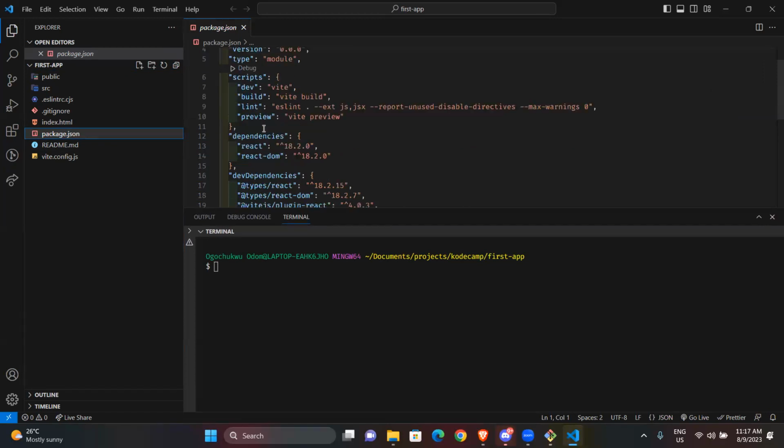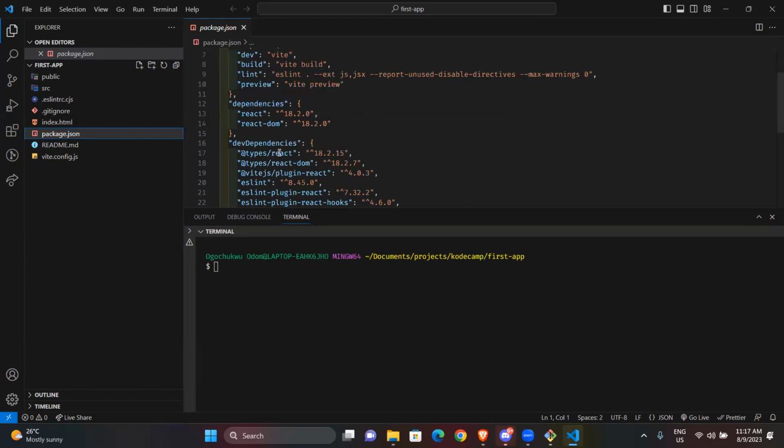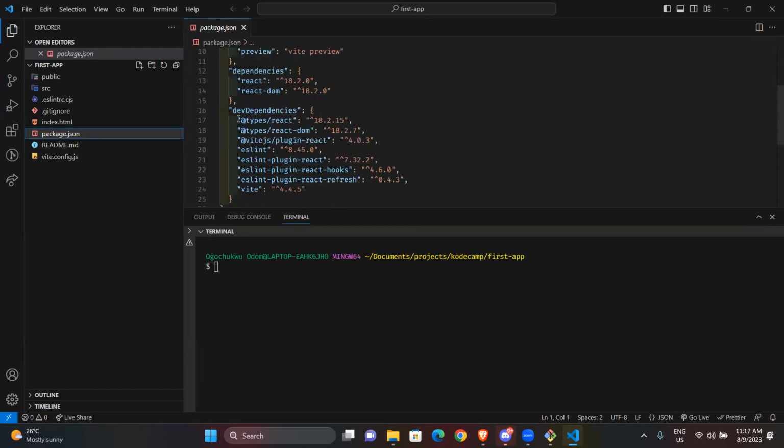First app does this, gives you a dev. So these scripts now, you see what we use it for. Preview, React DOM. They even give you types and all of that. These are just dev dependencies, so ESLint and all these. So you see, we have the dev dependencies thing here. Because eventually when this goes up there, it does not help anything when it is being served. So it just does its stuff. That's why it's just for when you're using it down here.